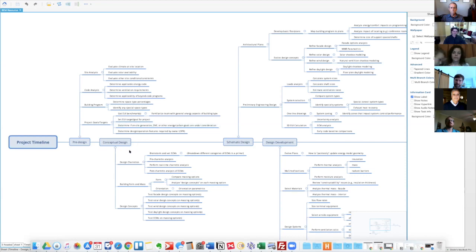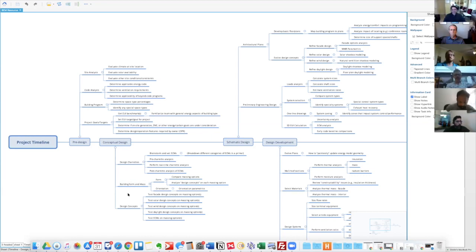In conceptual design, the design team may be hosting design charrettes. They begin to design the form and mass of the project, and then begin to come up with various design concepts. So again, the modeler has a number of things that they can do to assist with these tasks. During the design charrette process, they may help to brainstorm and vet the applicability of various energy conservation measures. They can run some scenarios and simulations either before, during, or after a design charrette. They can begin to do some massing option simulation analysis and begin to look at